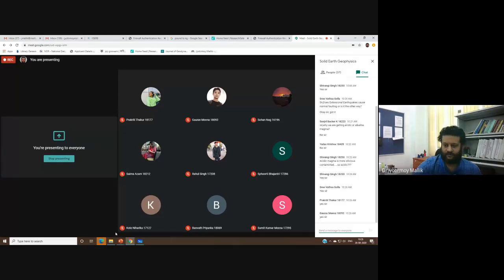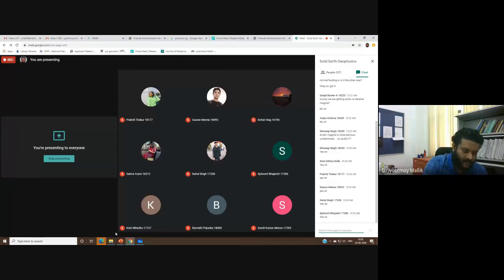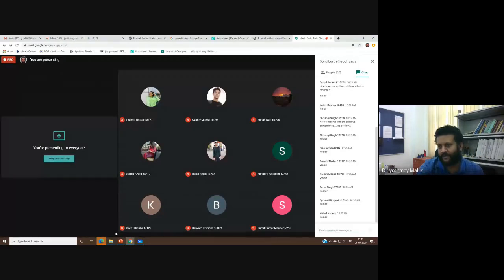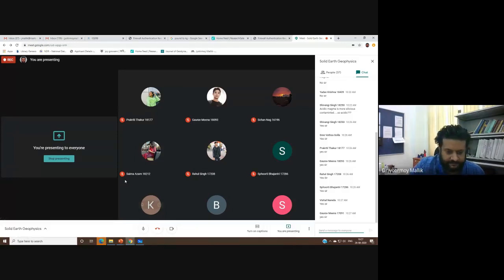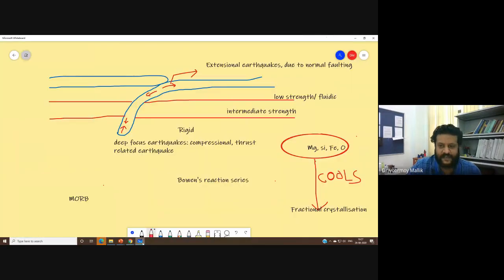Okay. So now you understand why the nature of magma is different in the case of a subduction zone compared to the mid-oceanic ridge. Similarly, you also understood why the earthquakes that we observe in the mid-oceanic ridge compared to the subduction zone are also different. Please read Laudy's book. There is a better explanation, I mean, a more detailed explanation is given on this particular topic. Okay. Now let's proceed.